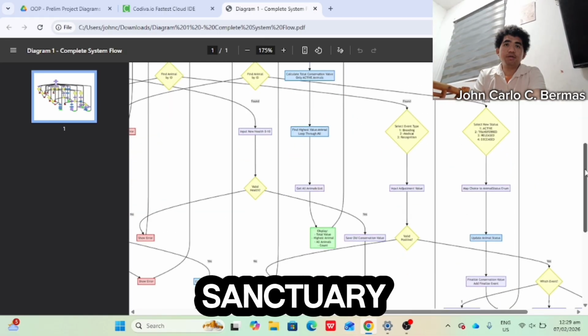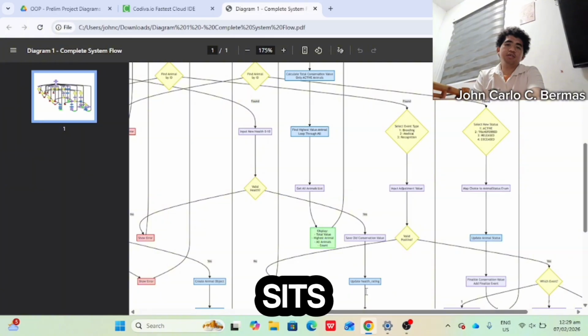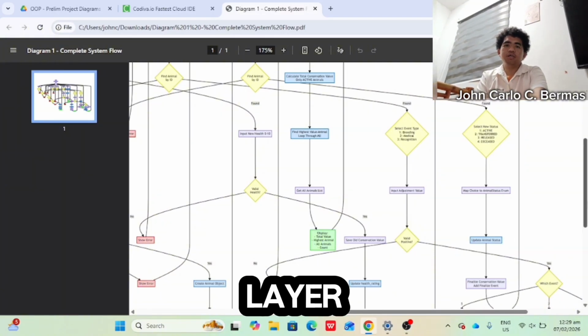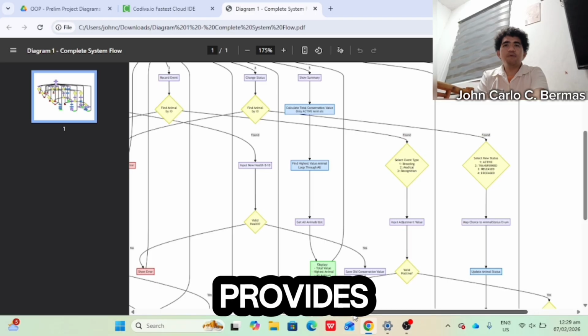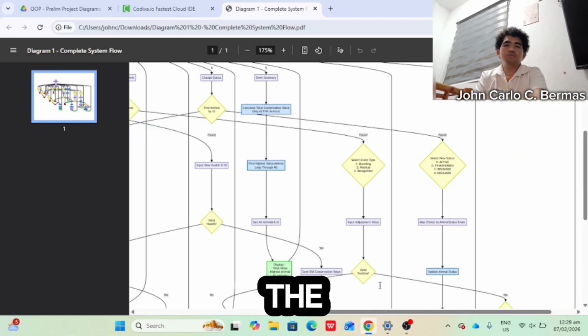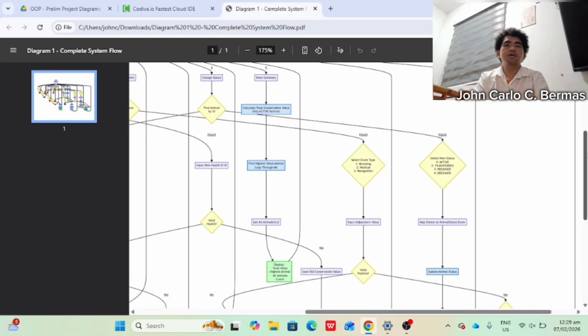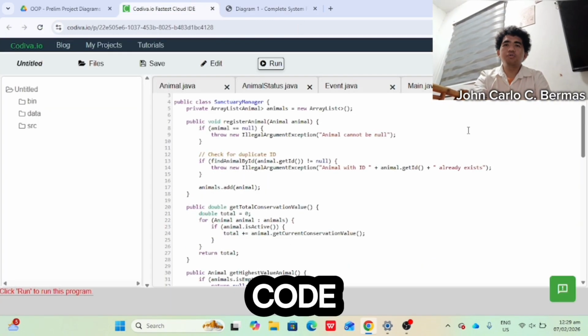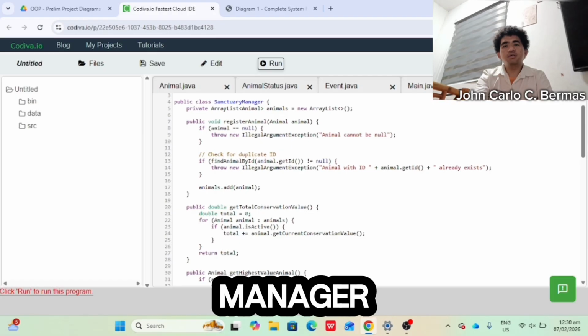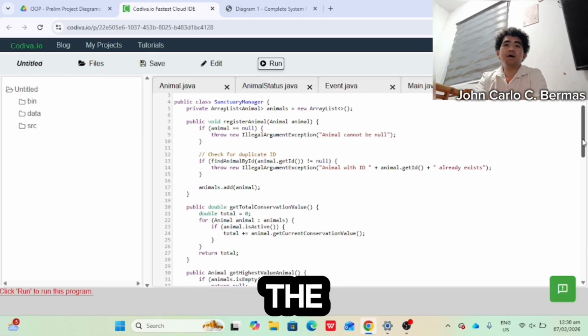Remember, the Sanctuary Manager sits in the middle layer. It manages the collections of animals and provides summaries to the UI layer. And I will show you the code of the Sanctuary Manager. The manager